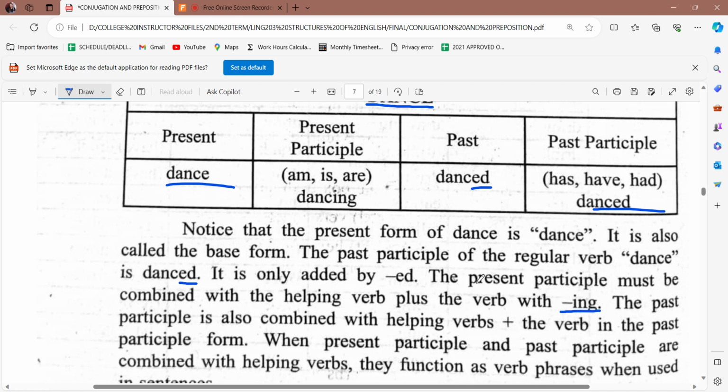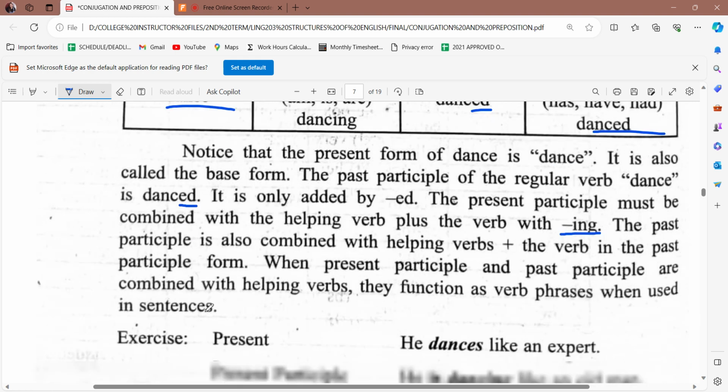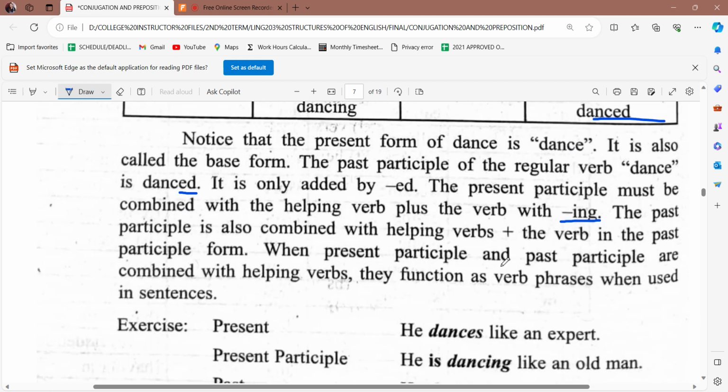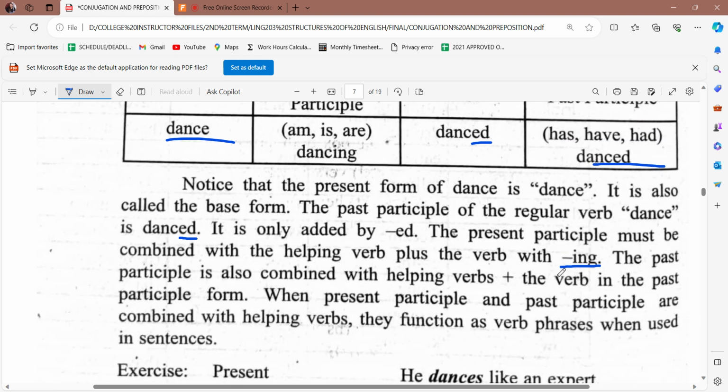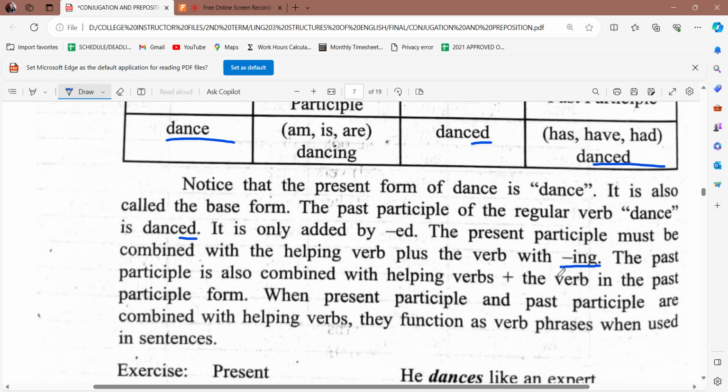Okay? So again, the present participle must be combined with a helping verb. Be verbs are also called helping verbs because these kinds of verbs only help the main verb. The past participle is also combined with a helping verb plus a verb in the past participle form. When present participle and past participle are combined with helping verbs, they function as verb phrases when used as a